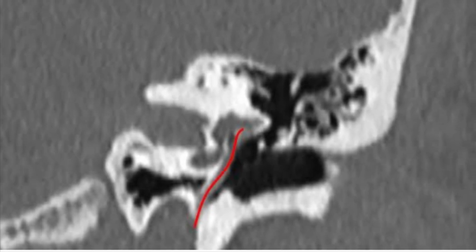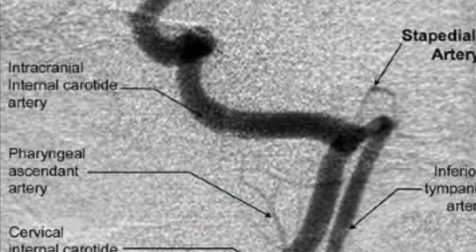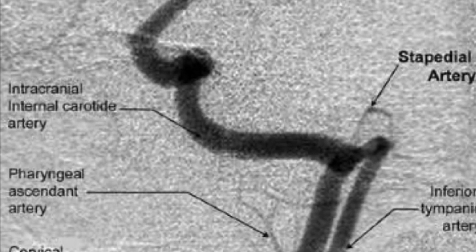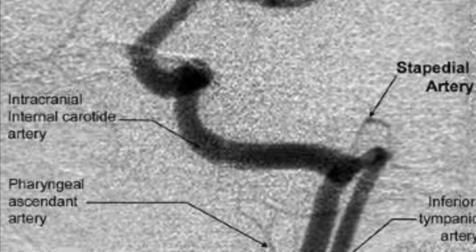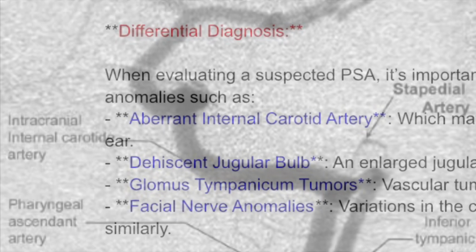Digital subtraction angiography provides a detailed view of the PSA and its vascular connections, which is particularly useful in surgical planning. When evaluating a suspected PSA, it's important to differentiate it from other vascular anomalies, such as aberrant internal carotid artery, which may take an abnormal course through the middle ear,